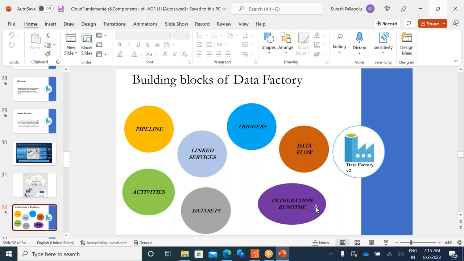Triggers, data flow. If you want to automate your workflow, if you want to schedule your pipeline, in ADF itself we have different kinds of triggers, guys. For example, you created a pipeline, that is fine, guys. Okay, you created a pipeline saying you're trying to,